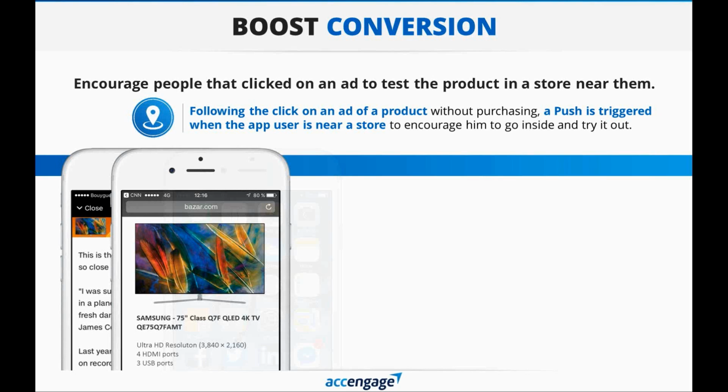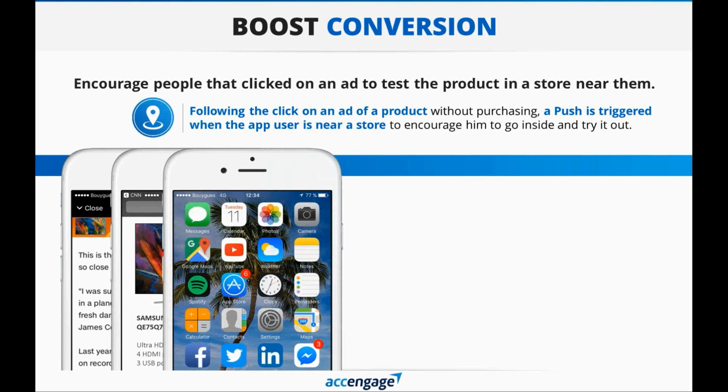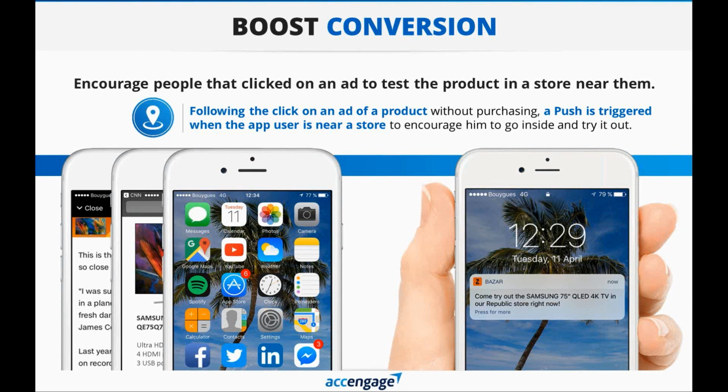then what you can do is leverage this information, and when a user comes next to a store, you have the possibility to target that user and trigger in real time a message to encourage the user to finalize the purchase inside the store. That's a very interesting use case, because you know that there's an interest for certain products and an interest for your brand, and you've seen that in other mobile apps,